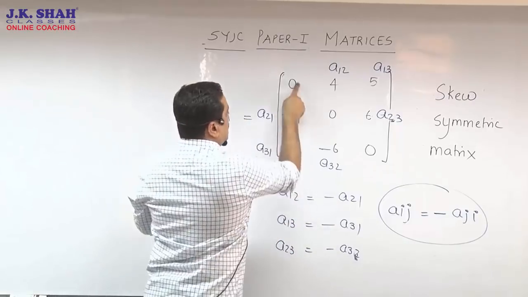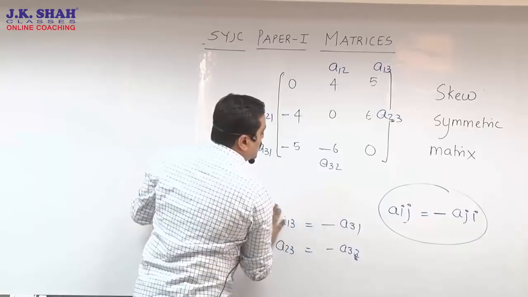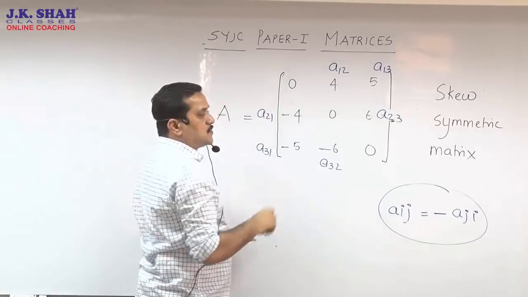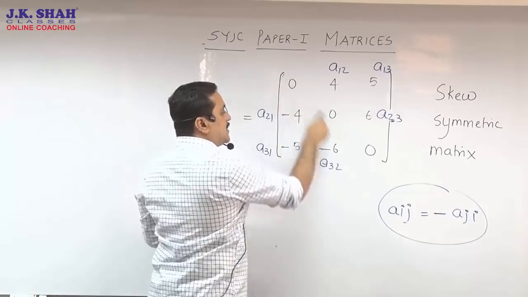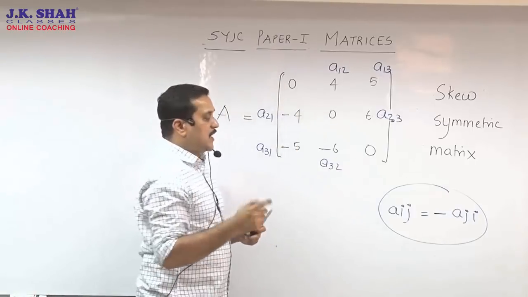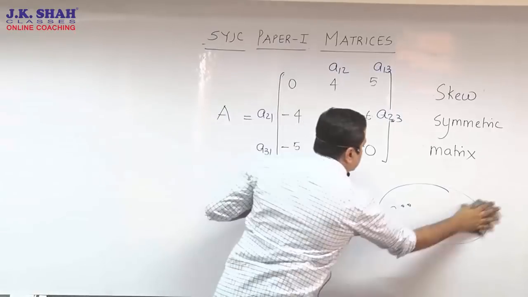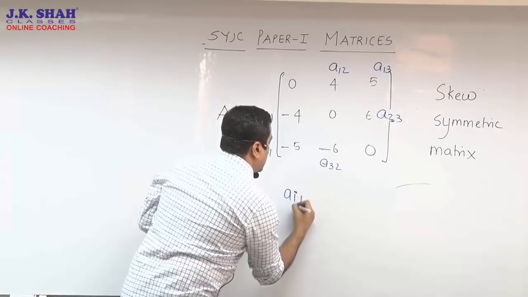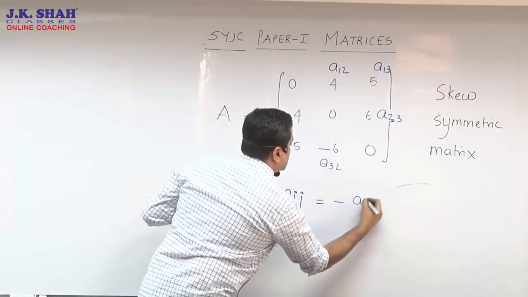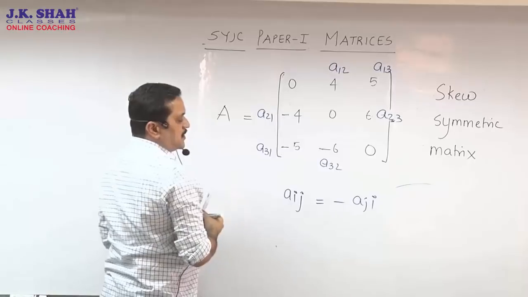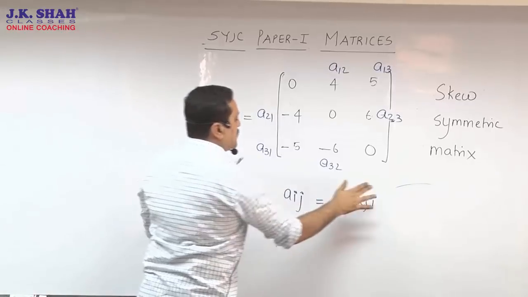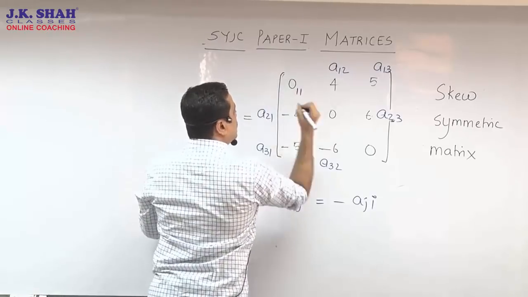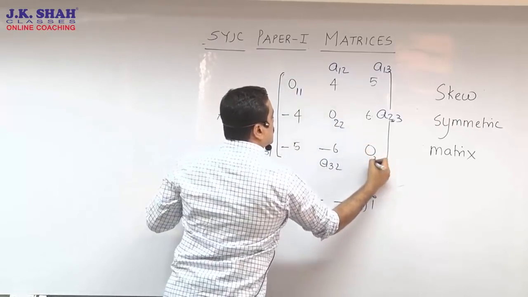Now, why are these elements along the diagonal 0, which was not compulsory in the case of a symmetric matrix, but in a skew symmetric matrix by default the diagonal elements all become 0. Now why does that happen? Let us see that. Aij is minus Aji in a skew symmetric matrix. Just a moment ago we confirmed that. Now when we are moving along the diagonal, what is the addressing? 11, 22, 33.